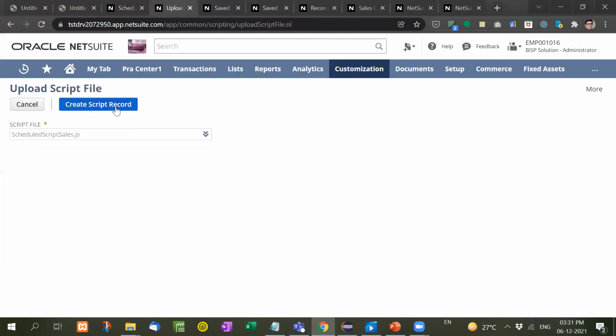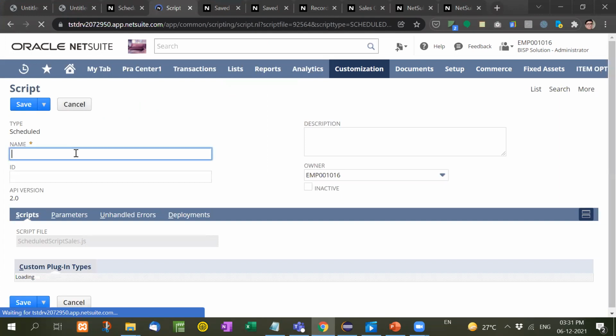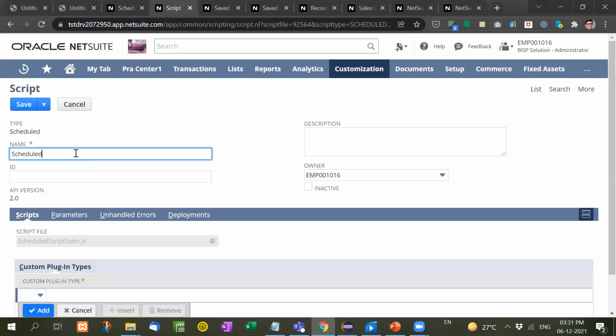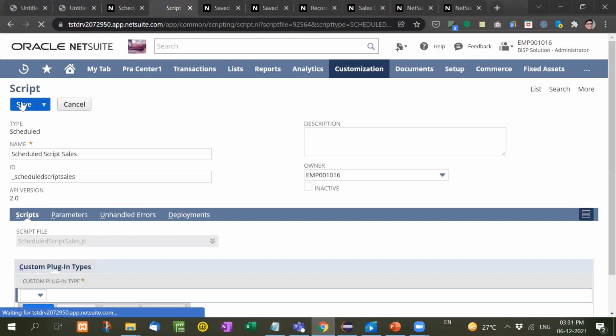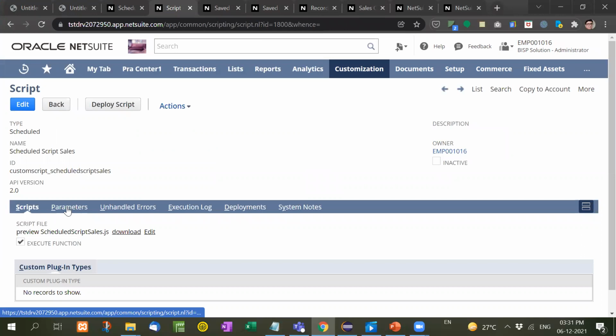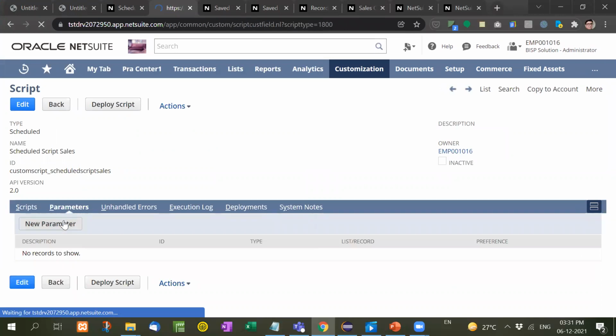Now I will create a script record. Here, name. I will save it. Then I will go to the parameter, new parameter.